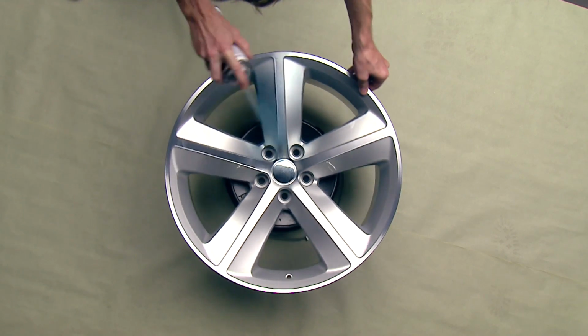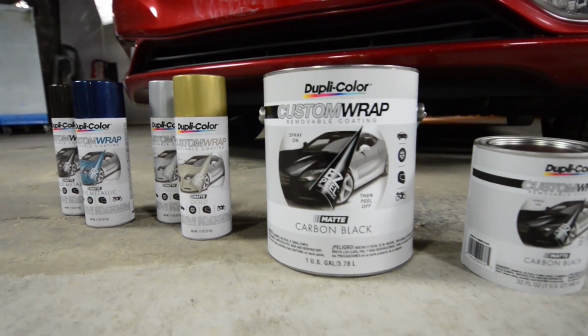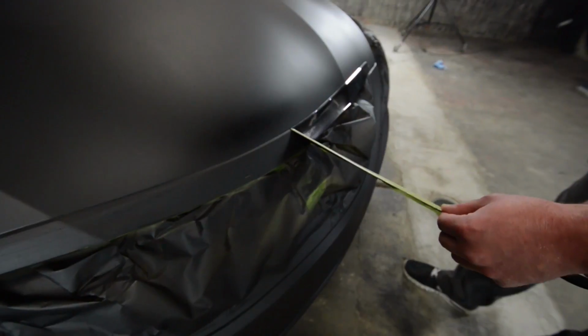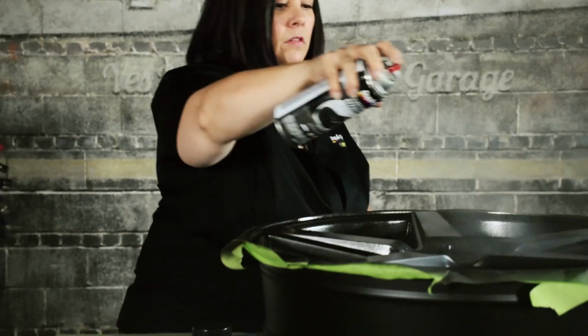Our line of custom wrap removable coatings featuring easy peel technology continues to grow. We now have over 30 color options and a variety of finishes in aerosol, quarts, and gallons. Dupli-Color Custom Wrap is specially formulated for automotive customization, and the cool thing is, it's completely removable. That means you can change the look of your car, truck, SUV, or ATV, and then days or months later,